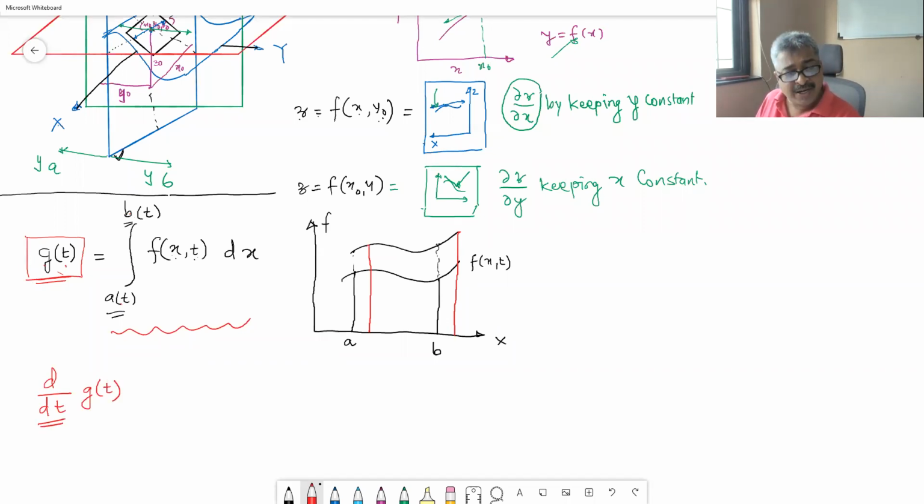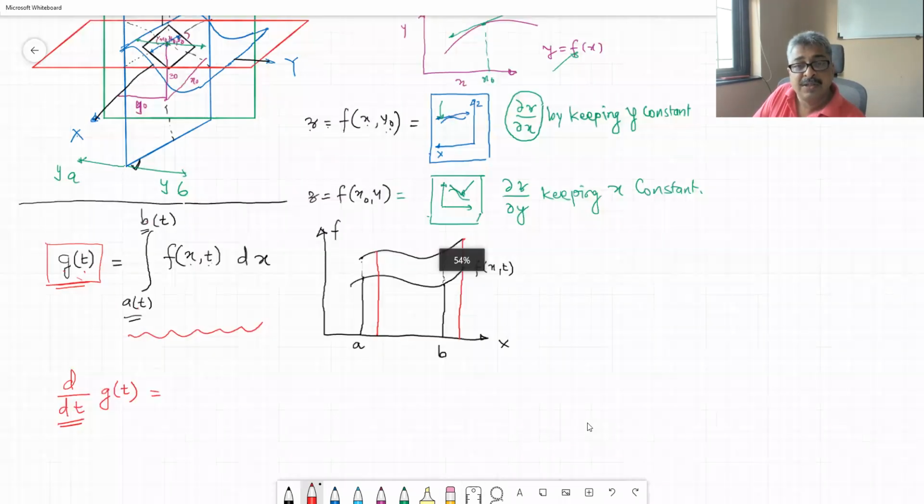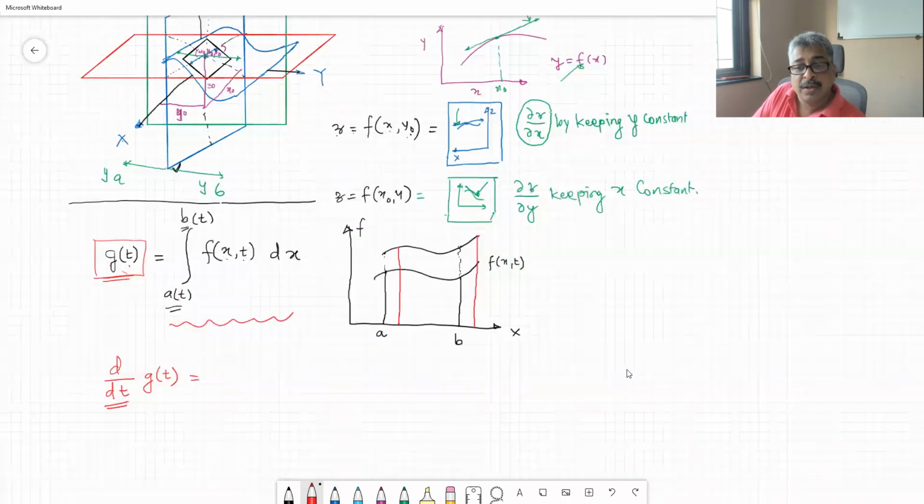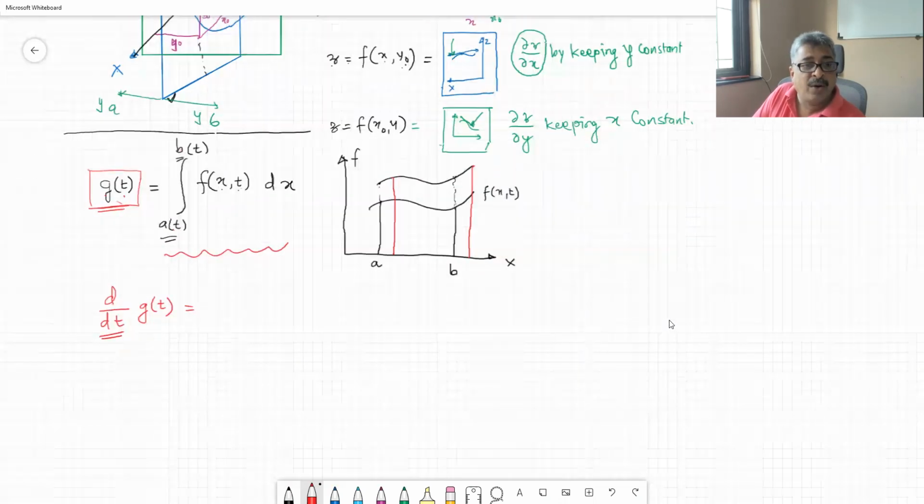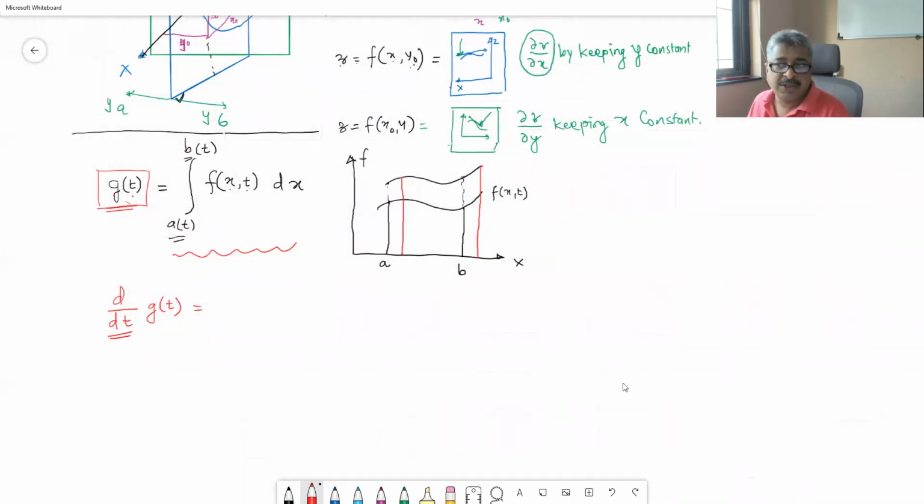So I can always take the derivative of that function with respect to time, and therefore eventually it becomes the derivative of the integral that we have in our mind. That is the term, derivative under integral sign. Okay. So now let us try and find out the formula for this.